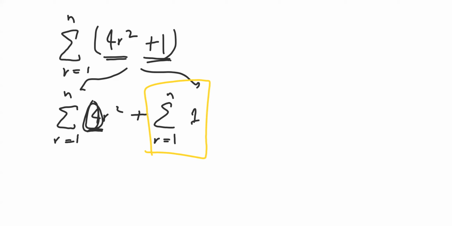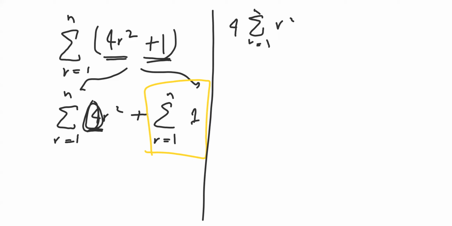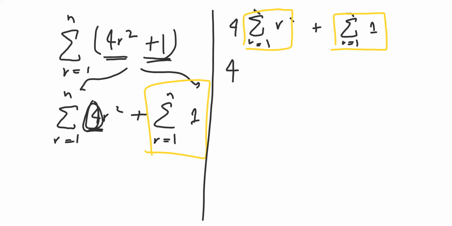सो व्हाट वी गोइंग टू डू इज वी आर सिंपली गोइंग टू टेक इट कॉमन. अब इसको अगर हम यहाँ से कॉमन ले लें तो व्हाट वी आर लेफ्ट विद इज 4 समेशन ऑफ r स्क्वायर प्लस n r is equals to 1 of 1. अब जो हमारे पास दो समेशन के टर्म्स रहेंगी, they are both the ones that we know that are given in the formula sheet. So we'll just apply the right hand side of these equations to this equation, right? तो ये हमारे पास आ गया 4. अब ये हमारे पास फॉर्मूला शीट में गिवन है, that is 1/6 n (n plus 1)